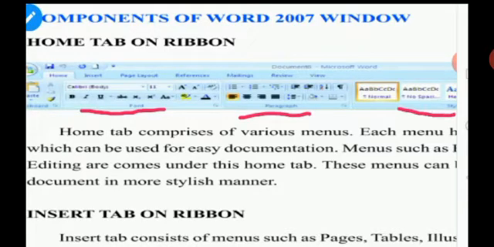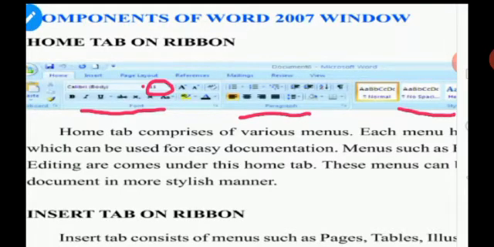In font we can adjust the style of the font. Here it is given Calibri body. If you click this small arrow which is present here, a drop down menu will appear. There you will be provided with so many options to change the appearance of your text. Then this box shows 11, isn't it? That is the font size. Font is nothing but the text that you are typing there. The font size is 11, it is the default one.